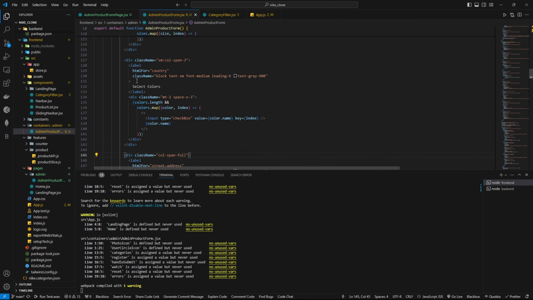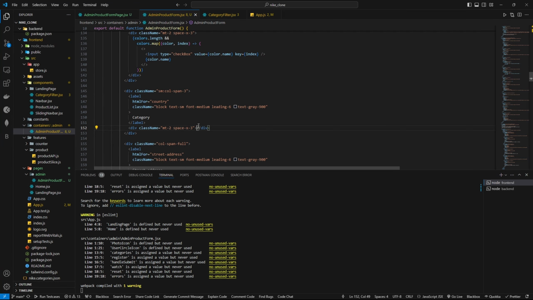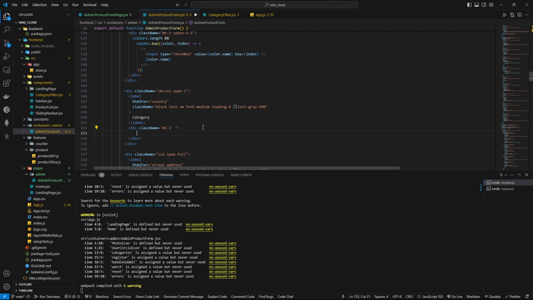So just copy this one, and here in place of label we want the category. Okay, and then we don't have these stuffs, so we are going to remove it. And inside the div we don't need space x3 here. Okay. So we want to make a select, and inside the select we want options. So here we don't need a name or any ID. In the select we just need